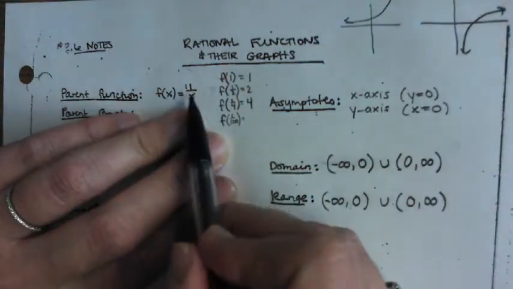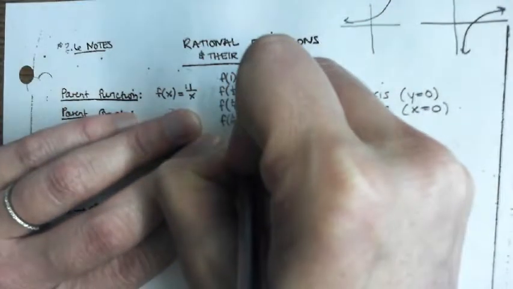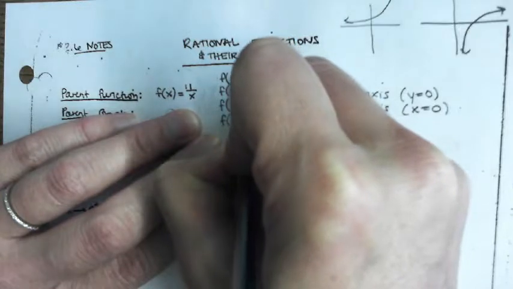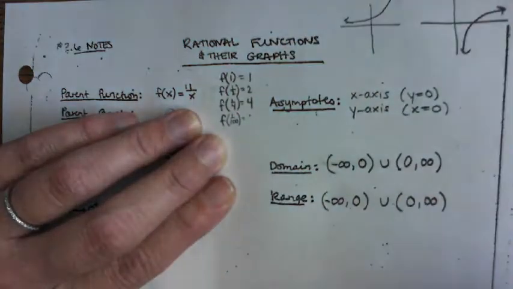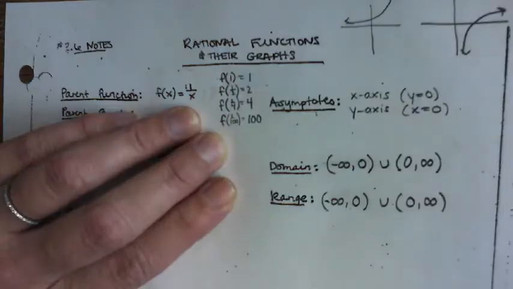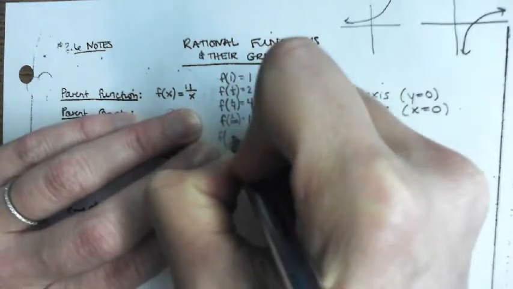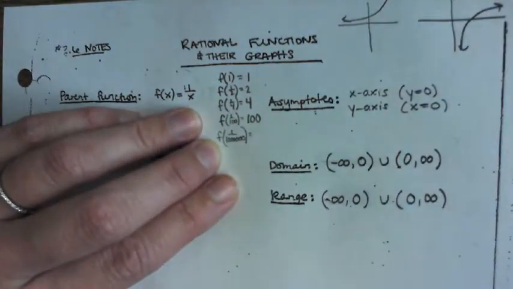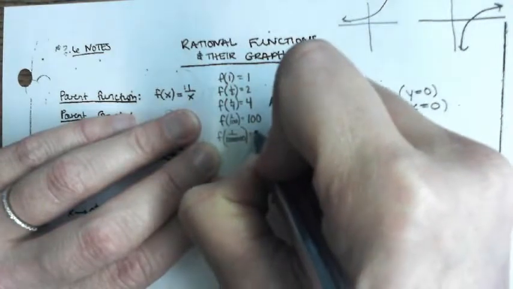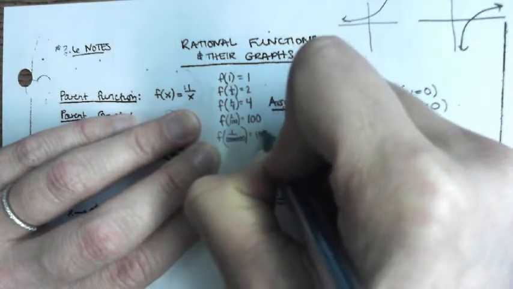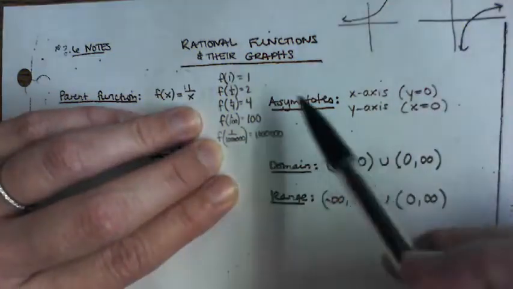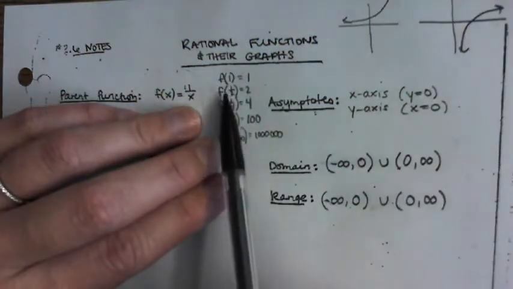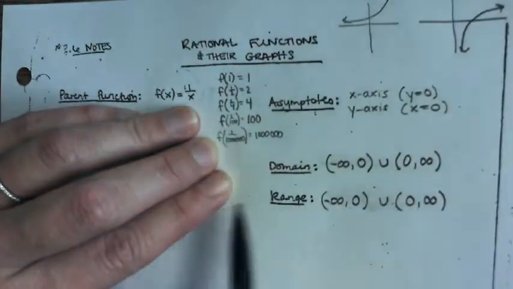What's 1 divided by 1/100th? 100. Let's really kill it. f of 1 over a million. What's 1 divided by 1/1,000,000th? 1,000,000. So numerically we can see as our x coordinate gets closer and closer and closer to 0 coming from